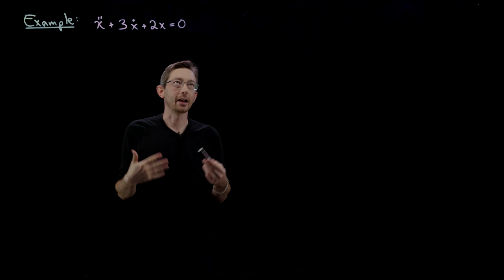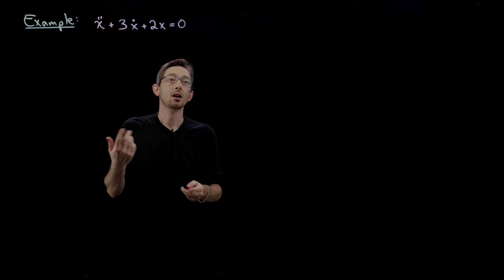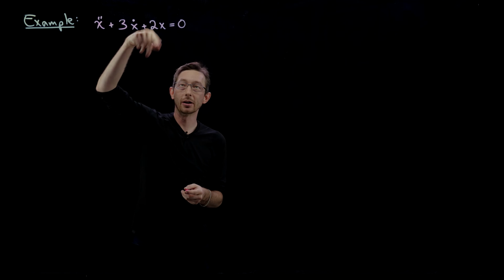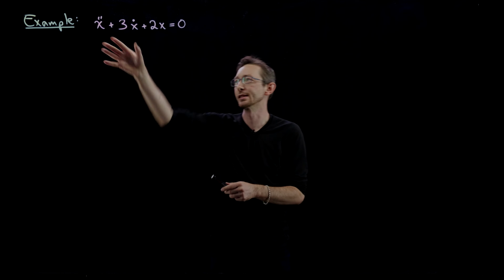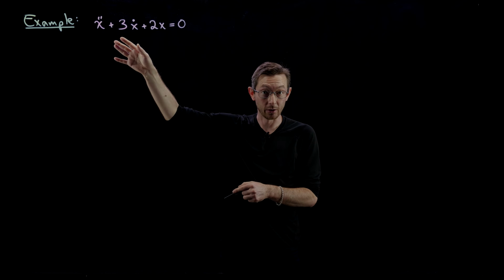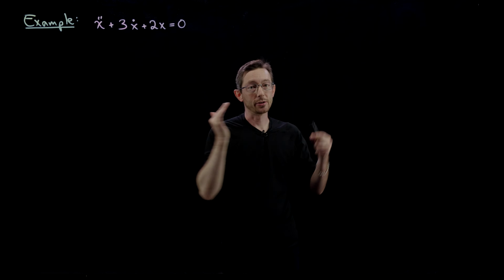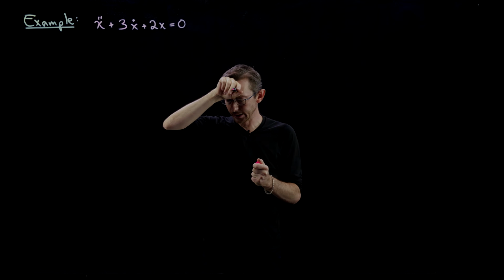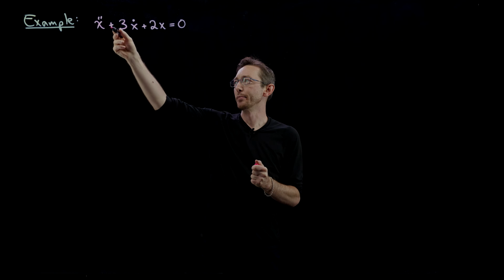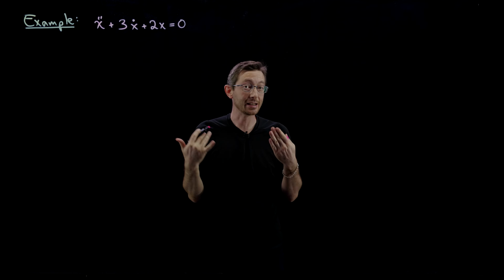And if you like, you can pretend that this came from a spring mass damper system with mass 1, spring constant 2, and damping coefficient 3, whatever you like, it doesn't really matter. Okay, this is a second order linear differential equation. And we're going to solve this a couple of ways, and then I'm also going to plot the solution in Matlab or Python. And in addition to having this differential equation, we also need its initial conditions to uniquely